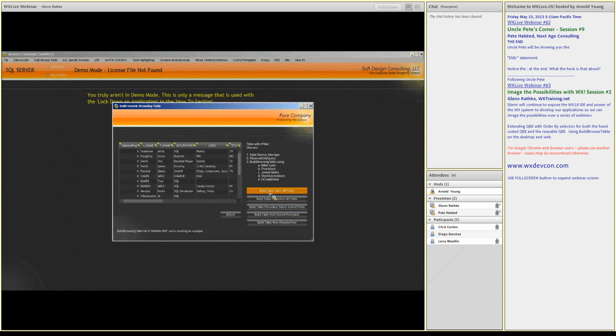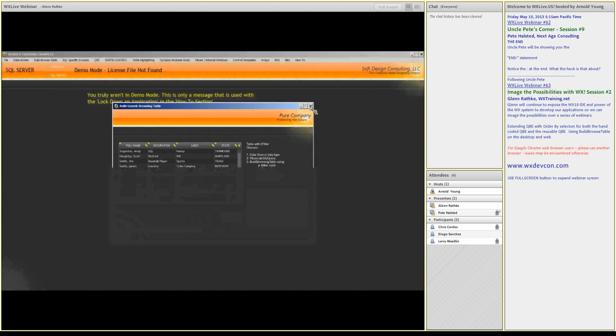In here, what I'm doing is I'm supplying just a SQL statement. So not only can we do a BuildBrowseTable based on a particular table we have, but we can also do that based on SQL statements and returning back those values. And in here, we've got two tables that are joined together. And so now it's going out to the state table and linking them together. So that's really cool, because now your one table can have many joins from your SQL statement and present the